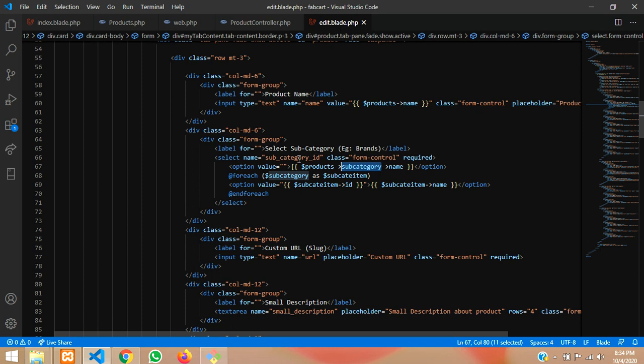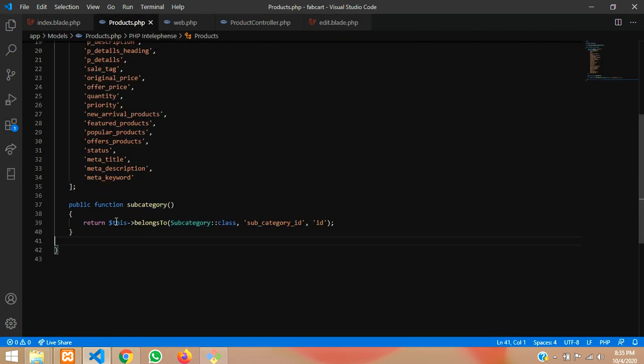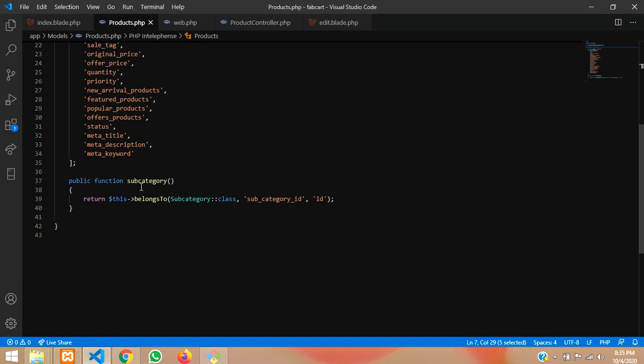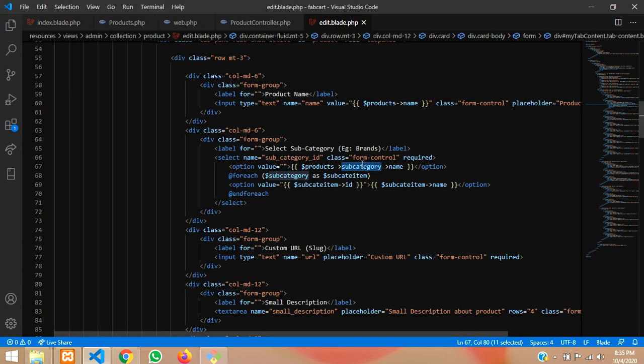relationship of name. Okay, subcategory, the belongs-to relationship we are using. If you want to know how this is, you can check in our model. So I have used it over here, right? So this is our product model, so do not get confused, it's a model. Over here we have related this subcategory and then pasted that same thing, we have called it over here, and the name I have called, and whatever is there inside that subcategory we will fetch that name, right?